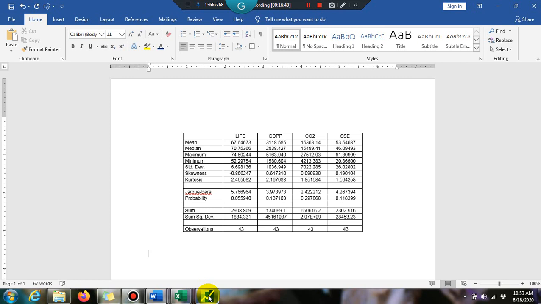One of the main uses of the descriptive stats from the research point of view is that we find the normality or non-normality of the data. See here, we find that our selected variables' data is normally distributed. So this is the main use of descriptive stats.